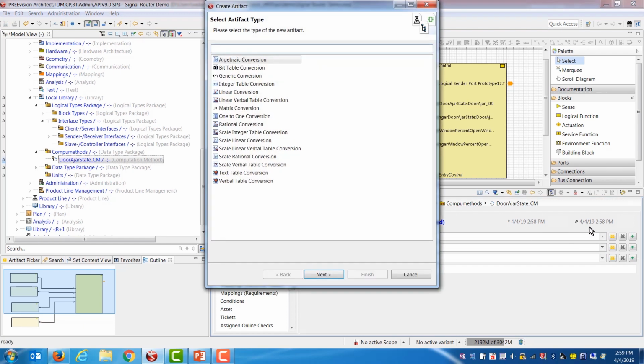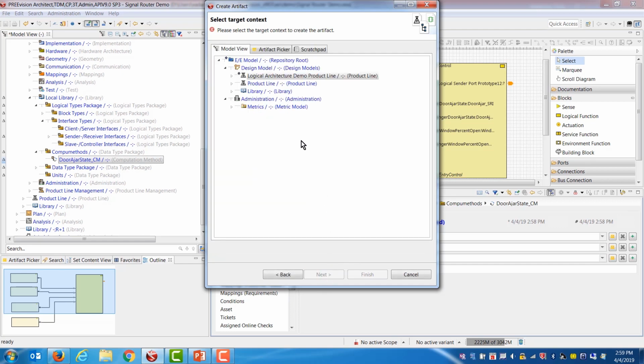So I'll use that method for this version, and so we get a set of different types of internal to physical conversions that we can create. Now, in the case of this door jar state, I think I'm just going to create a verbal table conversion. Basically, this is an enumerated variable, or that's the way I want it to end up. So I'm going to choose verbal table conversion,